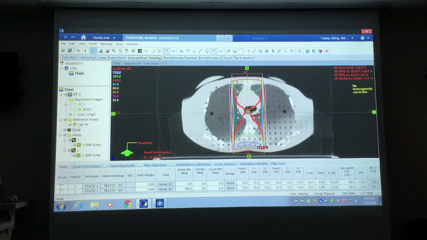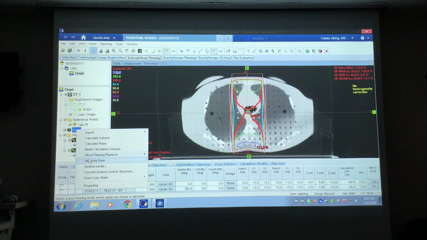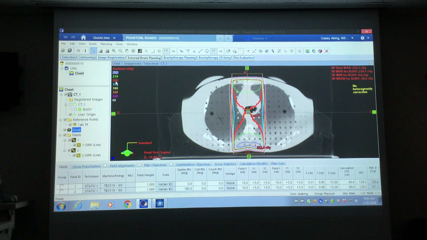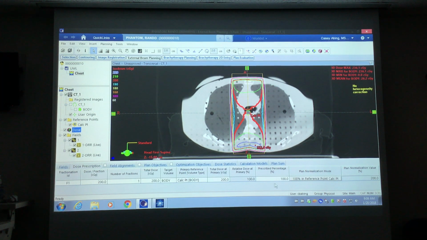So if the physician wants 100% coverage, we need to normalize down to a different isodose line. And what that means is that 200 centigray isn't going to be delivered to the calc point. 200 centigray is going to be delivered to the 95% isodose line. If I put my doses in absolute dose right now, you can see up in the upper left that 200 centigray is the thick red line. If I normalize to 95% coverage to the calc point,